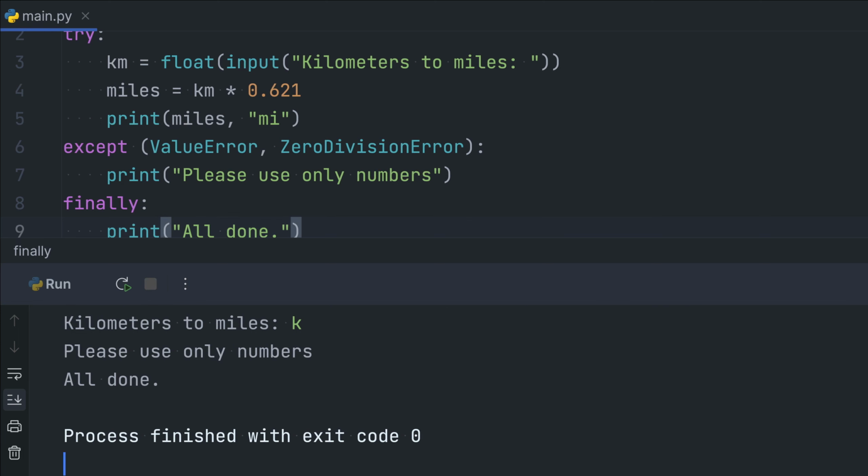The except part is optional, so if you don't want to deal with the exception, you can also just use a try finally block, which is totally valid as well. This is typically used in cases where you can't handle the error, but you need to clean up resources. For example, when you want to close a file that was opened in the try block,